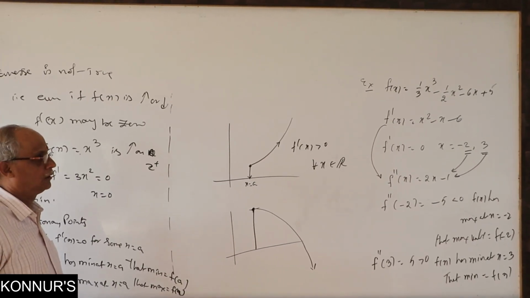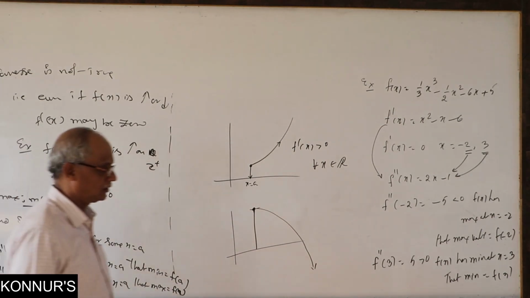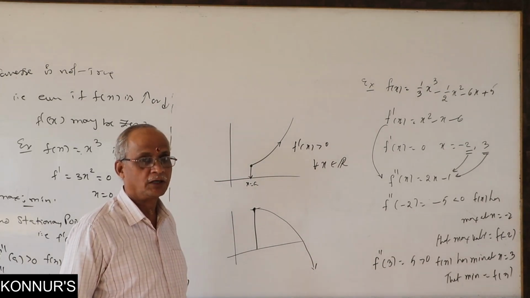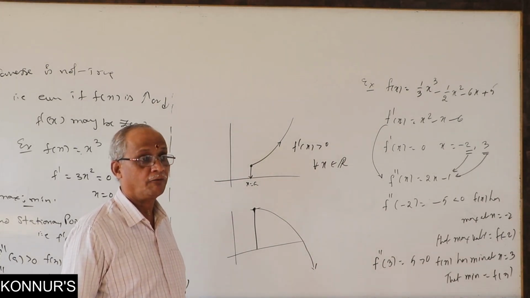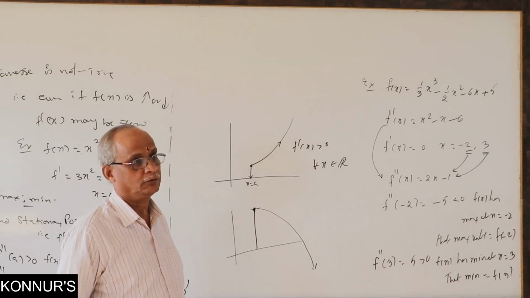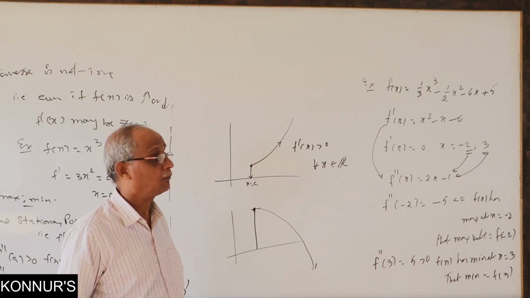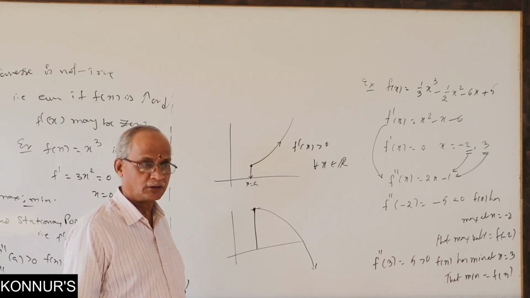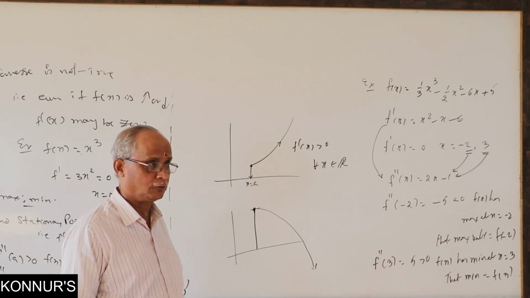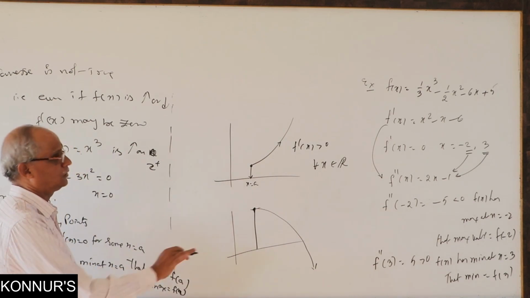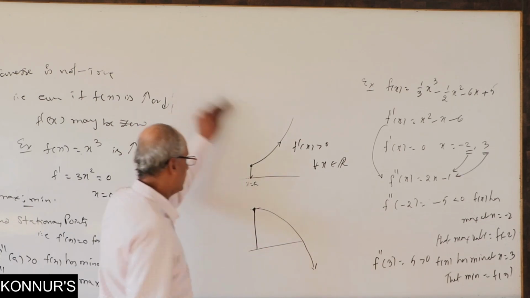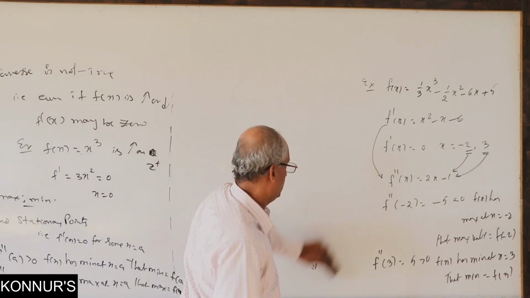Therefore, for a third degree polynomial, how many extremes did we get? One maximum, one minimum. A function can have a number of maxima and minima, or a function may not have maxima or minima. For example, no stationary point implies no maximum or minimum. That means what is the necessary, compulsory condition to find an extreme value? The first derivative must be 0, otherwise it is ruled out. Therefore, now write down properties which are all very useful.